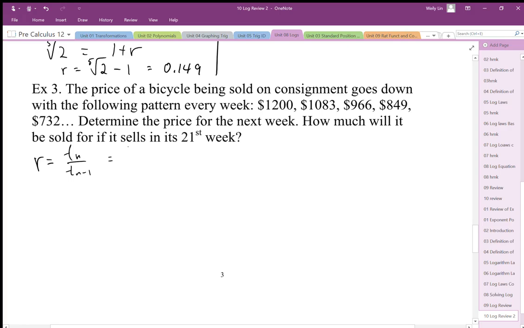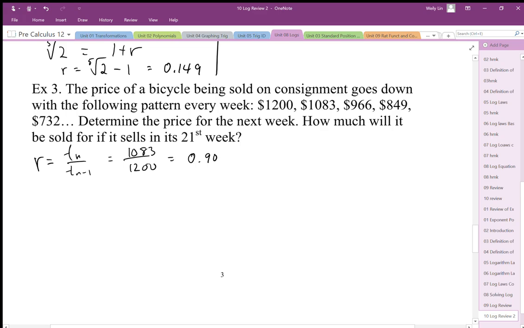I'm going to use T2 divided by T1. So 1083 divided by 1200 is going to give me a growth factor of 0.9025. So that's my multiplier for each increment. Just going to double check that that actually works for all the other ones. 966 divided by 1083 is going to give me about 0.89. So we're going to round this to 0.90, essentially going down by 10% or multiplying by 90%